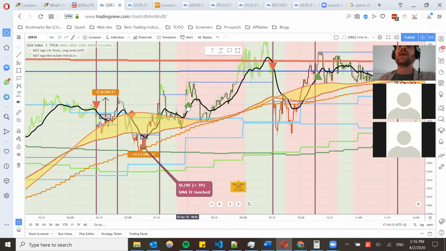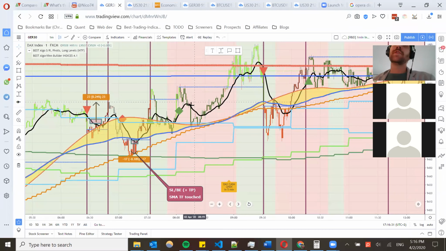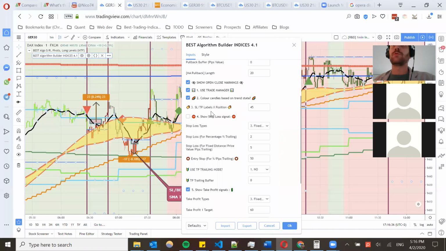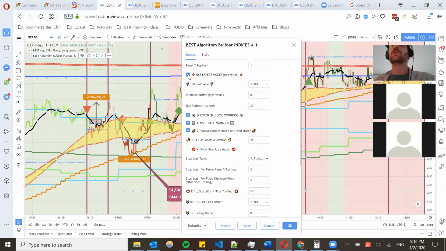Then, if you are in that trade and you're not stopped out or you didn't exit this one, should you take this diamond one? No. The method says for indices, that is specific to indices 1 minute. And when you use the expert mode, as a reminder, expert mode is basically when you